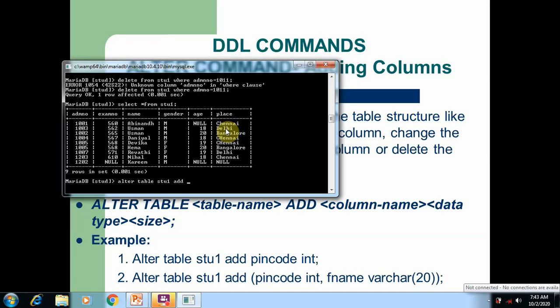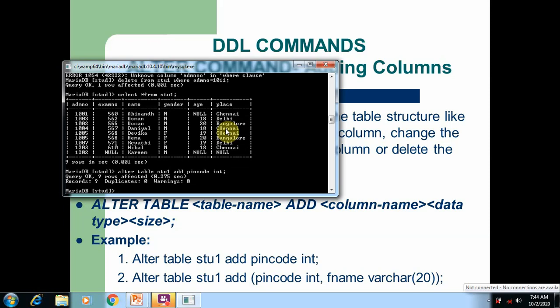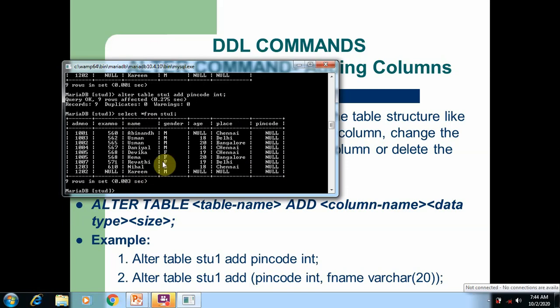The new column name is pincode and its data type is int. So here you can see query OK, none rows affected. It means a new column is inserted for the 9 rows. So open the table. Here you can see a new pincode column is inserted.